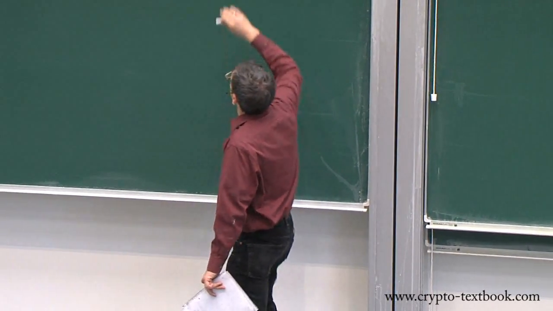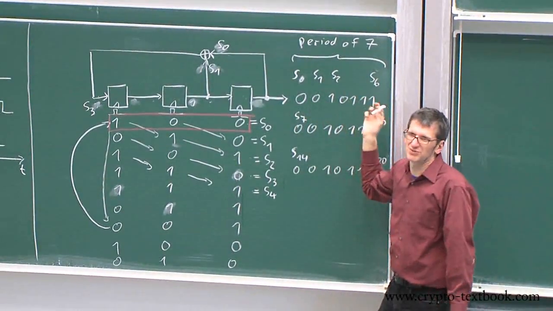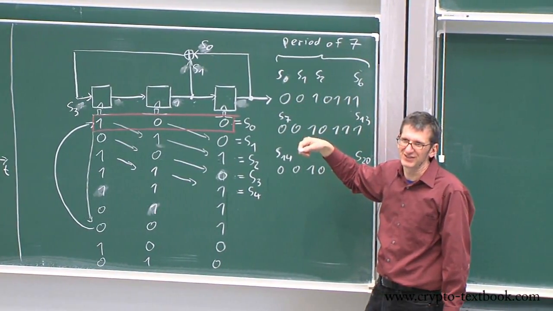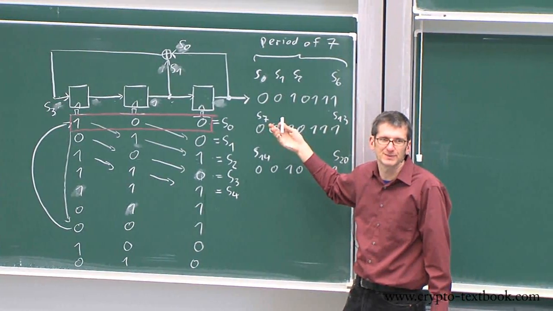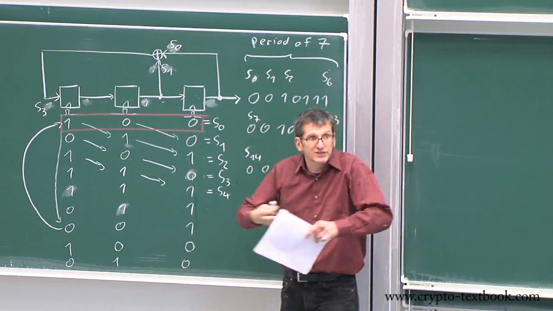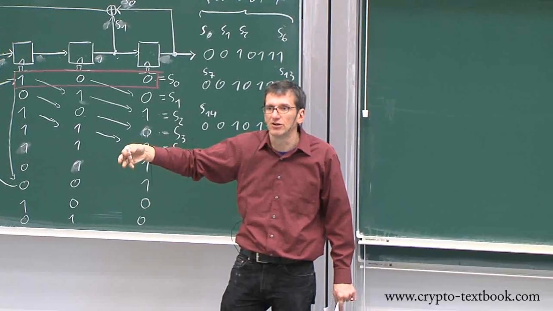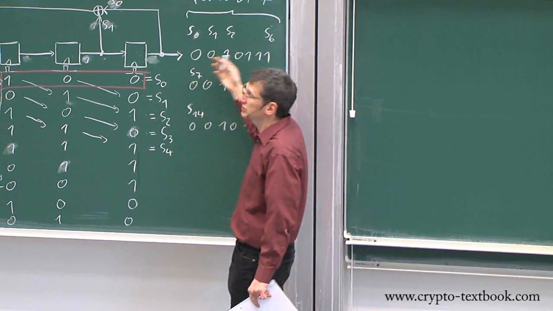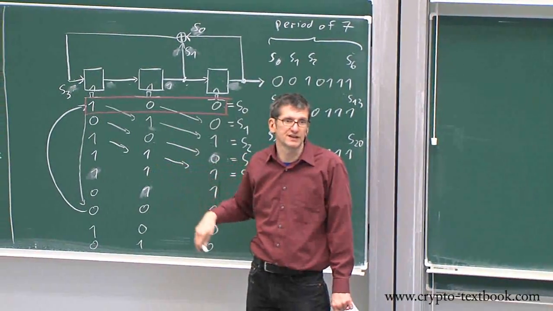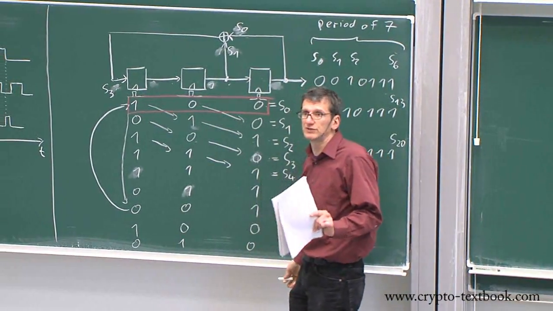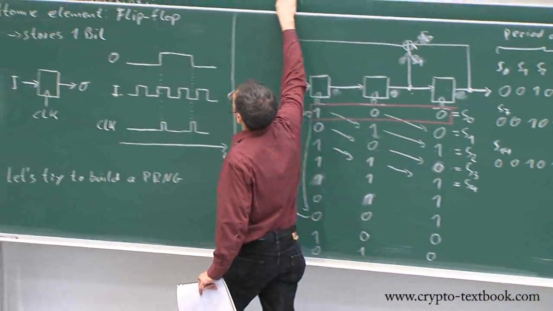But it has the problem that we don't want to use it in our GSM phone, because you probably don't want to have an output that has a period of 7, right? Every 7 clock cycles you get the identical bits. This is not something very smart to do. What we would like to have is a period of a few billion or something, some really, really long number. Not just 7 bits and then it starts to repeat, but a few billion, trillion bits and then it starts to repeat, okay? And it turns out it's really easy to make the same thing much, much longer, okay? And that's the next